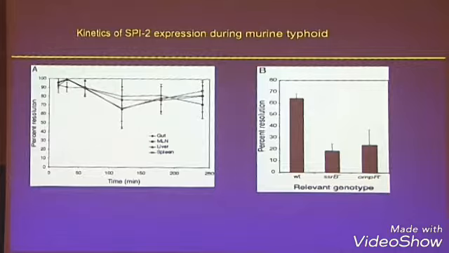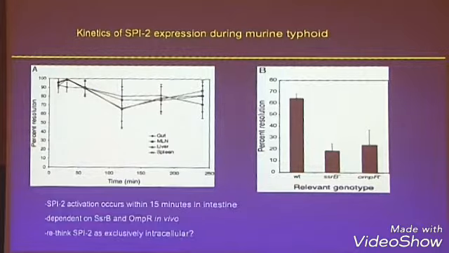Then we started to get desperate because we really didn't think it would be on that quickly, and that started marching backwards time-wise. And by 15 minutes, 80% of the SPI-2 promoter was on after we added the bacteria to these animals. And that was bizarre because SPI-2 should not be on that early in these various organs. So it comes on as fast as, basically, as soon as we can detect it, SPI-2 is already on in here. And that goes against everything we sort of had thought about SPI-2. And we also showed that the SPI-2 regulator is involved in this resolution. If you knock this out, of course, it can't come on. And other regulators seem to have an effect.